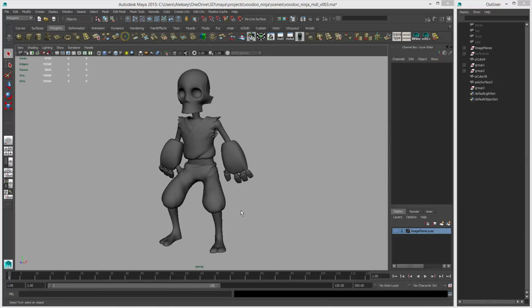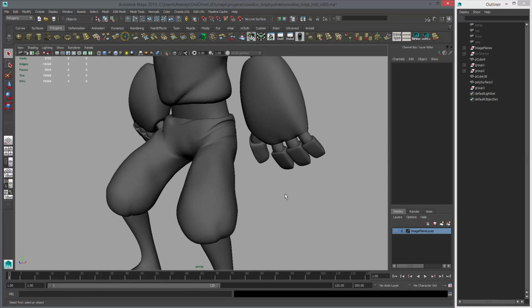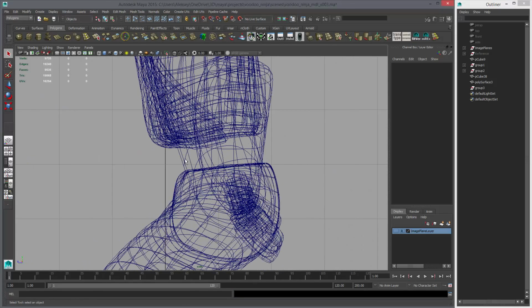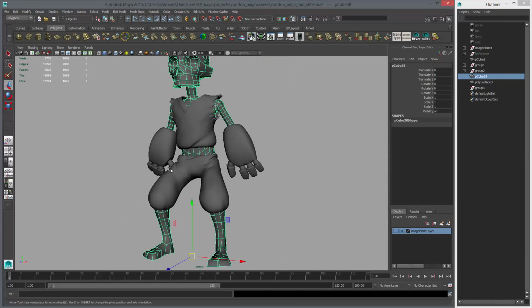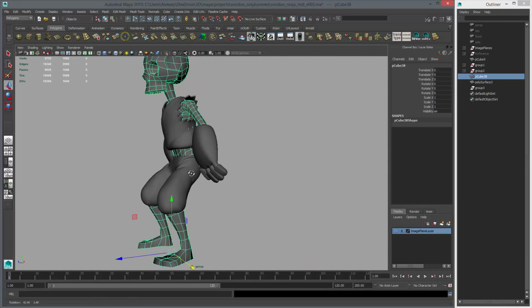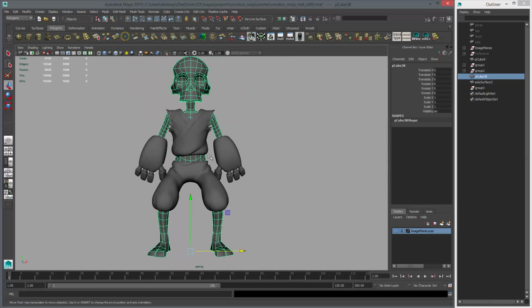Hey guys, so in this episode we'll work on his waist, and maybe we can get to his legs. Let's just get started. So, the first thing I'm going to do, I'm going to use the geometry that we created for the whole body, for the waist, so I don't have to make new geometry. And I don't want to use what's there now, so I'm going to duplicate, and then I'm just going to hide